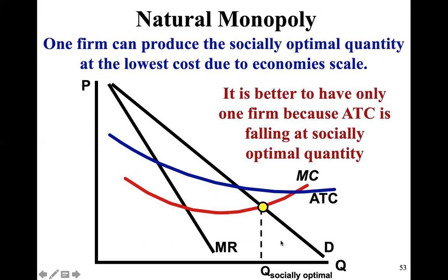How do we know that? What's the social optimum quantity? It's where price equals the marginal cost. Price is given to us by the demand curve. So if you go to the socially optimum quantity where price equals marginal cost and you find the average total cost curve, the average total cost curve is still falling at that point. What does that tell us? That tells us that if this was a perfectly competitive market, and we were getting exactly the right price and quantity that society wanted, then we would